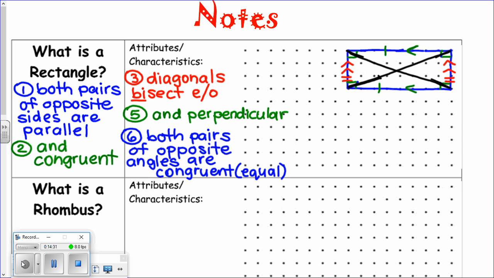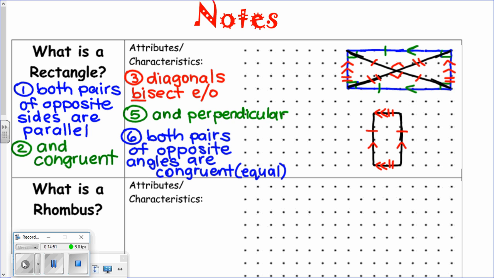Well, that's a little bit better, I guess. And so we know that since these are perpendicular, these should be 90 degrees. So I can mark that those corners are 90 degrees. And I need to put back that the left and the right sides are congruent. Okay, go ahead and draw another rectangle of your own and then label it with the important symbols that we